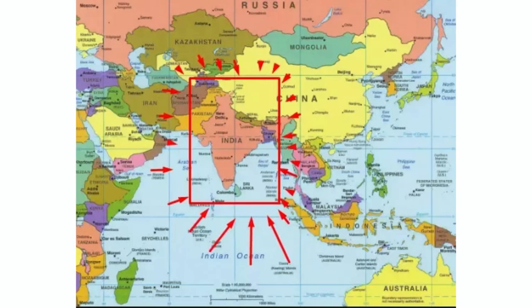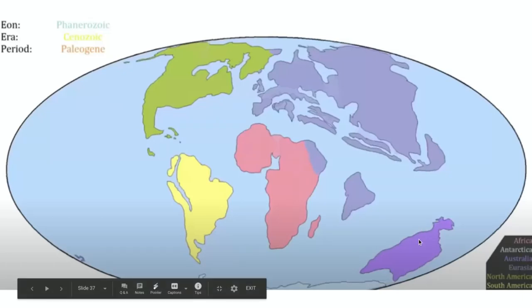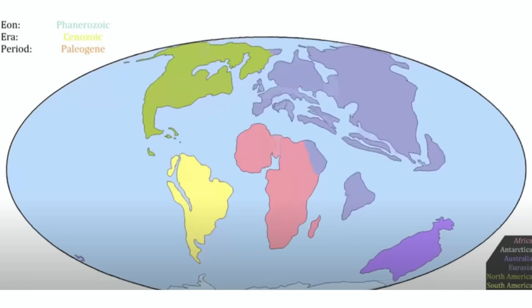So let's take a look at that. Here's India today. Okay. India was not always attached to Asia. India was its own island. So here we have somewhere around 50, 55 million years ago. And here's Australia. But here's India. India was its own little island. By the way, if you look, North America and South America were still forming. Looks like the Andes Mountains were about to form. North America and South America were not attached. But anyway,